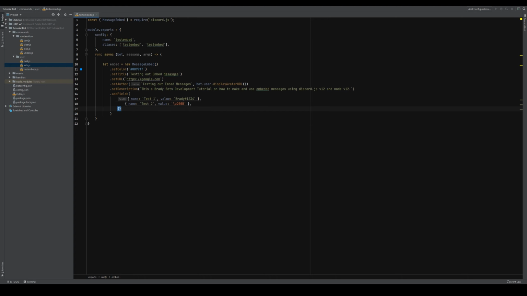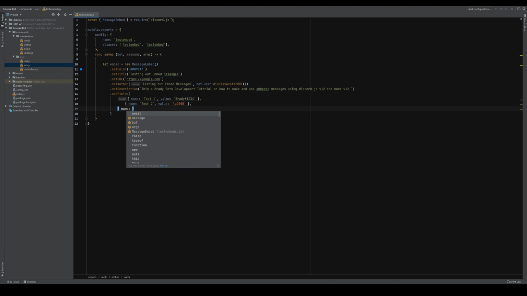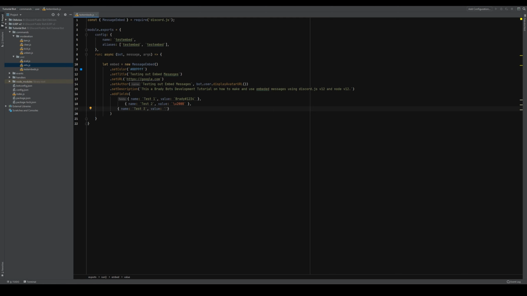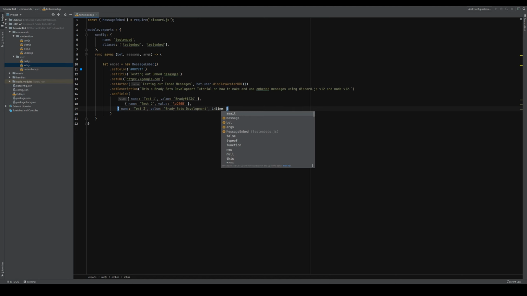We're going to give it another go around. Name. These are all types that you guys can do. So name, we're going to do test3. Value. Brady Bots Development, comma, inline, true,